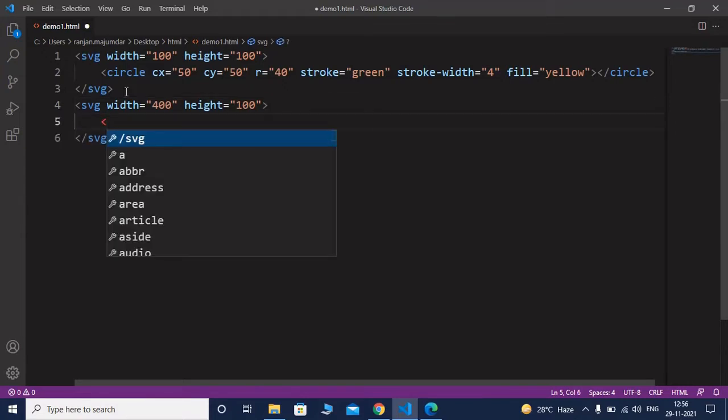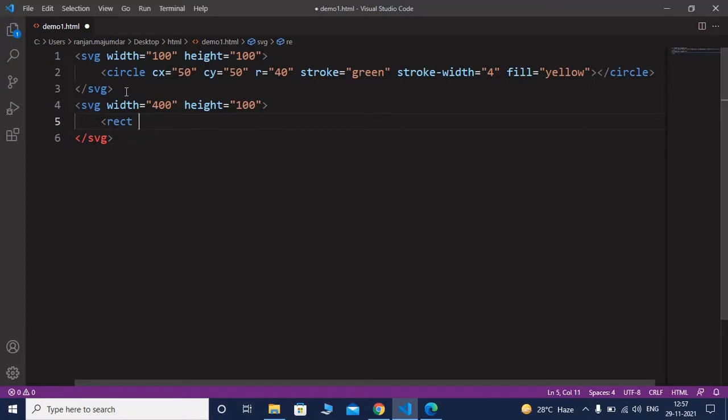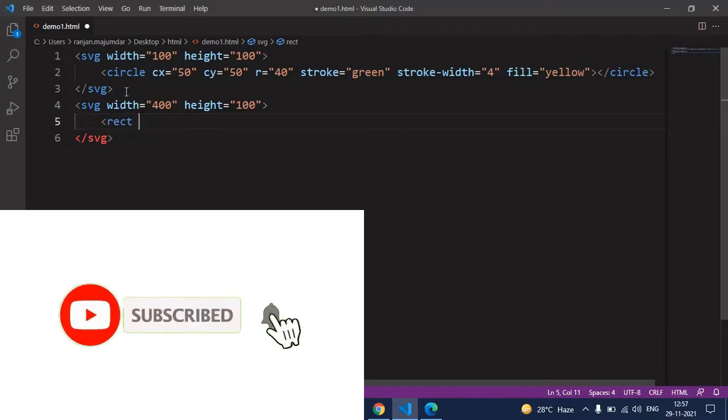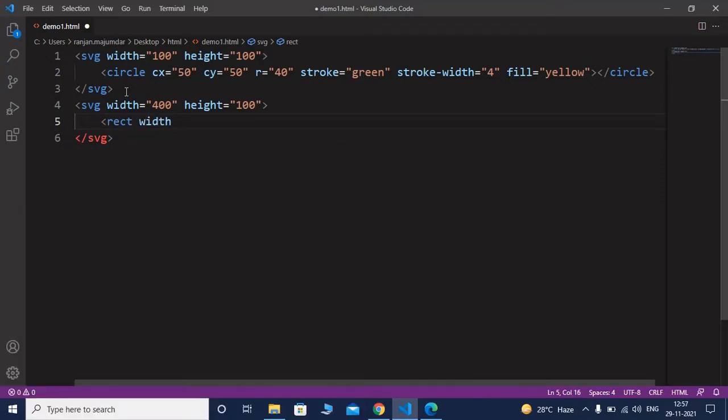Here I am using the rectangle method, that is rect. In case of rect I am using width attribute 300, height 100, fill green,